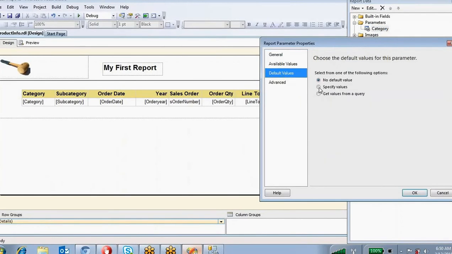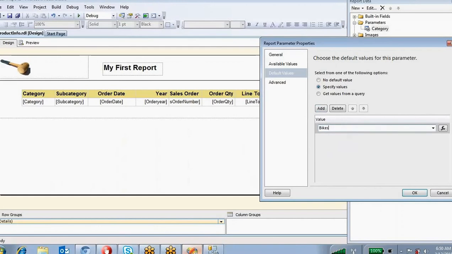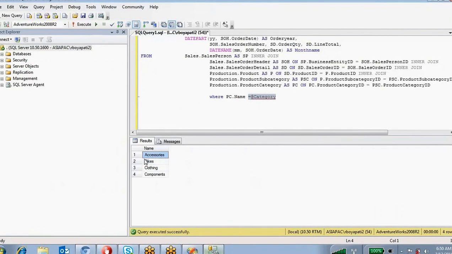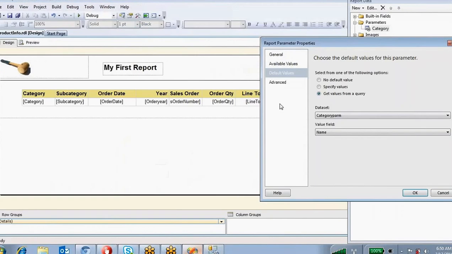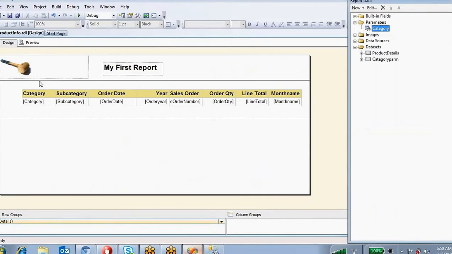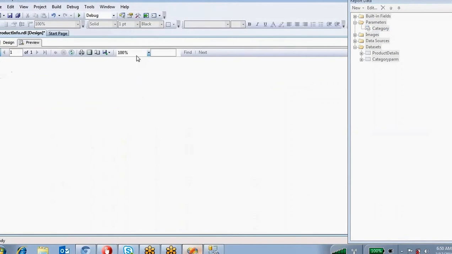If you want to specify a single value, yes, you can specify, like bikes. Or if you take the values from the query, it will always take the first one, which is accessories. Okay, so instead of that I want to pass bikes as the value. Preview it.